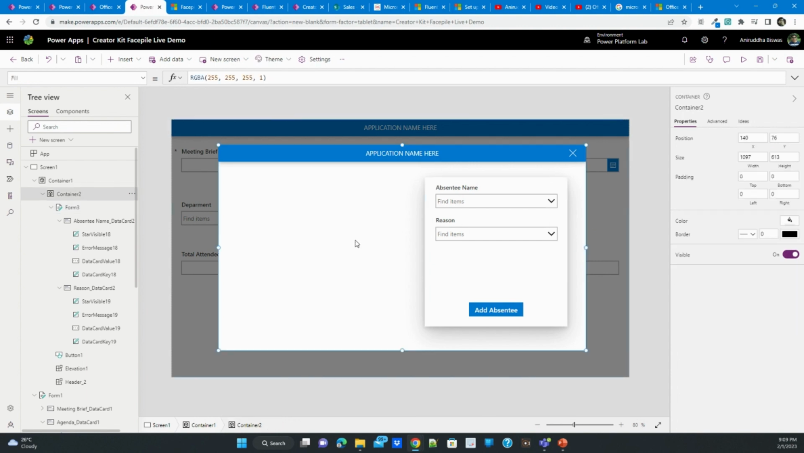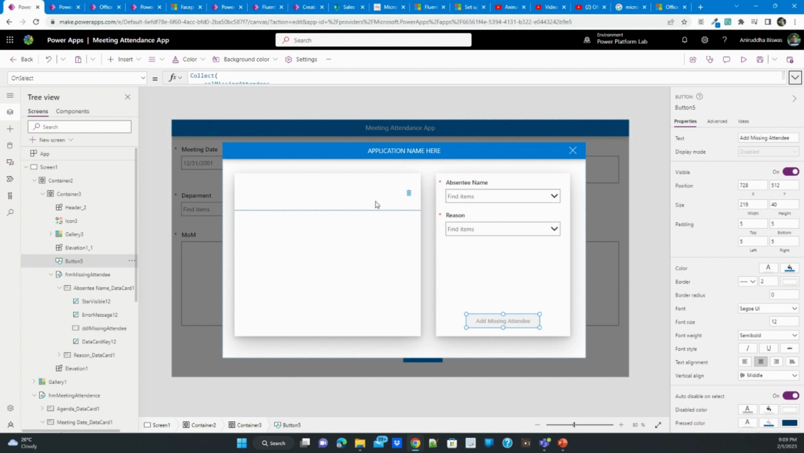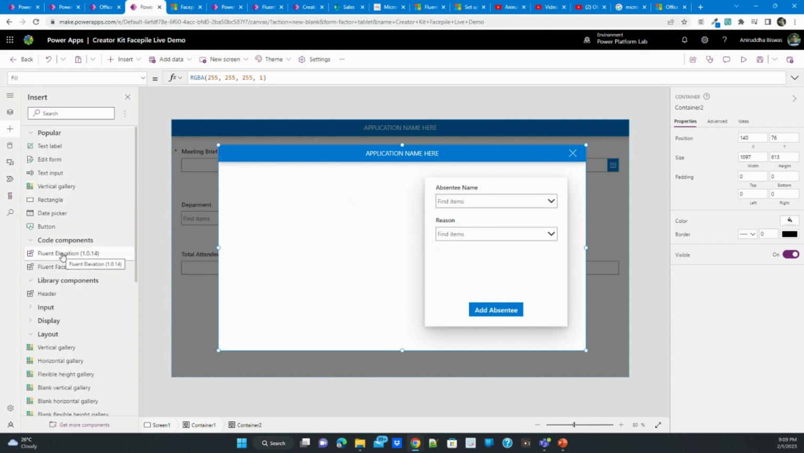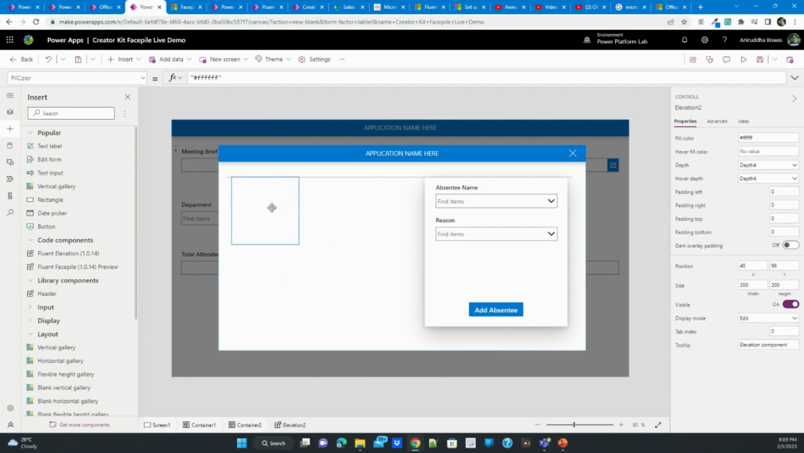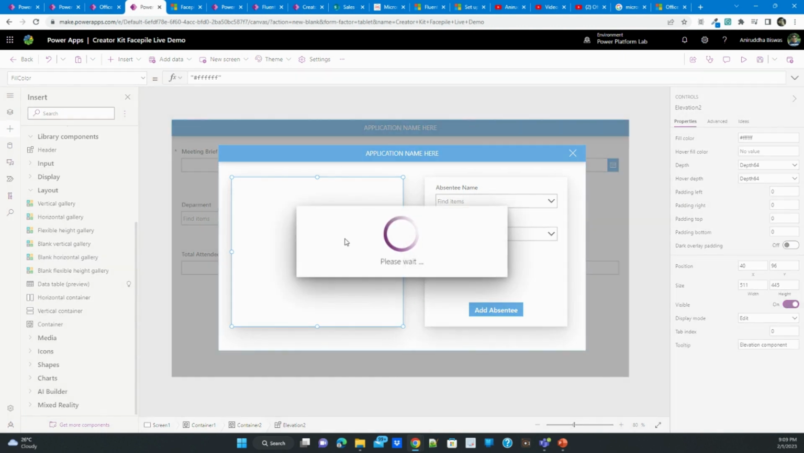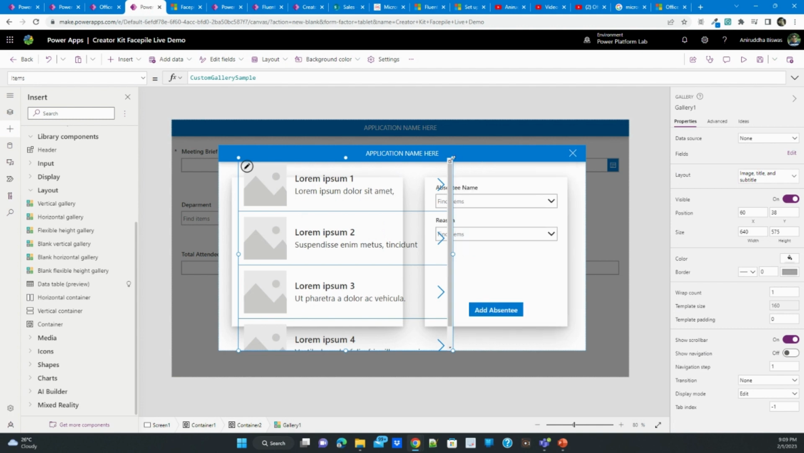But let's say how many I have created. If by mistake I have added one person I wanted to remove, that is the reason I have kept another area or gallery in the left side. So I will do the same thing again. So for that, what I will do, I will come here and click on the Fluent elevation. Here again you can do by your choice. I'm giving the maximum depth, and then you can come here and take one vertical gallery. Yeah, once you do the vertical gallery,